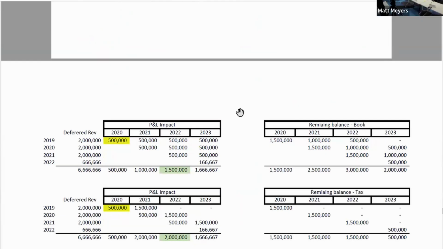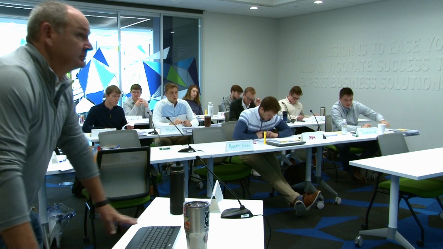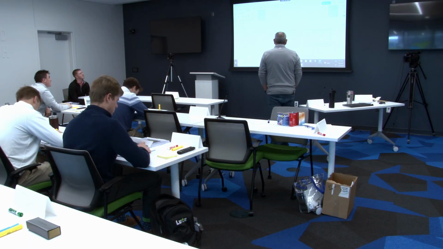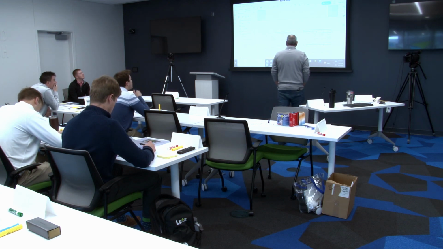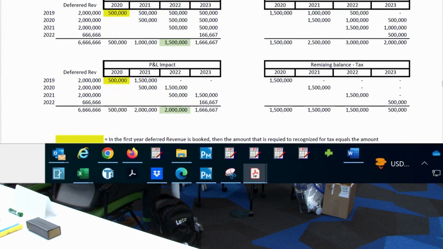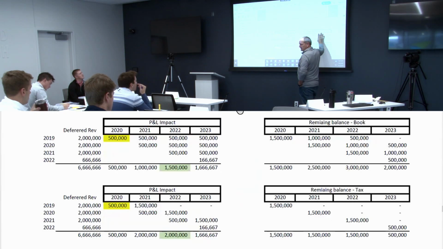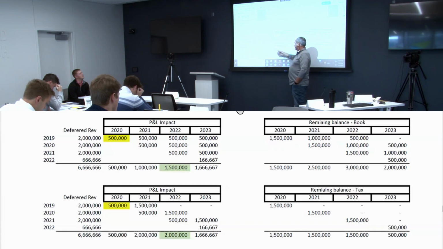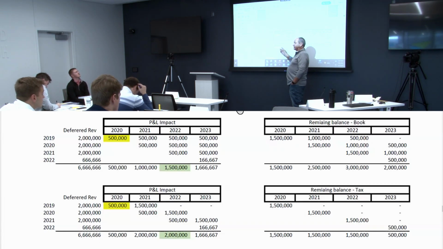I hate deferred revenue. Okay? So I'm pretty sure, and I think I probably did this poorly. As a matter of fact, I'm quite confident I did it poorly. The top section is my GAAP accounting. And going back to what Austin Sabalaska said yesterday was, talk to the auditors. Ask them how they're recognizing that for tax. Okay? For tax purposes, it's well, you recognize whatever in year one and the remaining amount in year two.